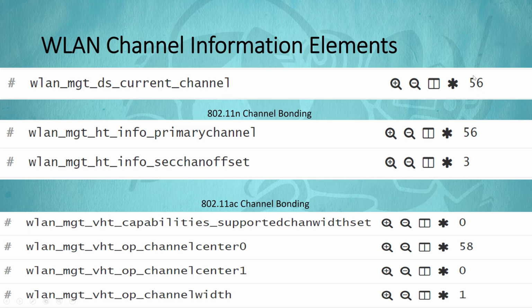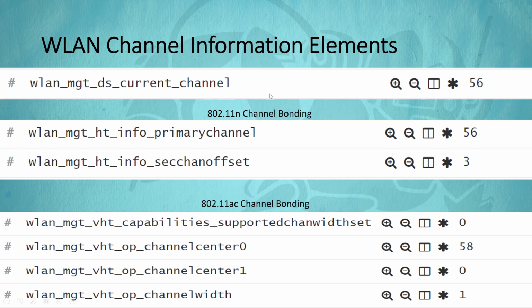Now we know that 11N and 11AC can have channel bonding, and when you have channel bonding, in the case of 11N as an example, you have a primary channel and then you have a channel offset, and in the case of AC, depending on if it is 80, 80 plus 80, 160, whatever may be the scenario, you could